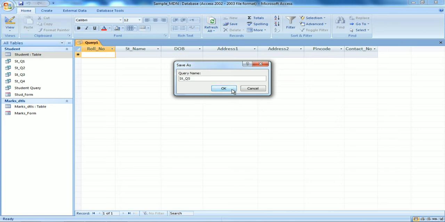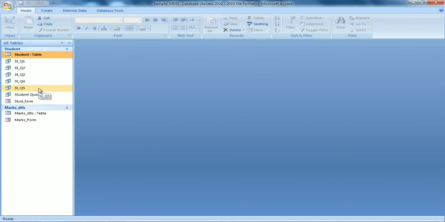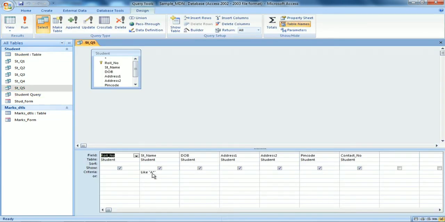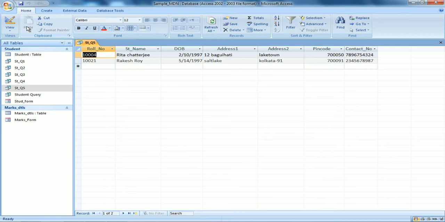Now let me change the design. Did I have something with R? I don't remember. Anyway, let's see. Yes. So now you got it. R and then followed by any characters. So first letter is R and then any characters, that is why star. Star means all or any. That is why it is shown as R star.